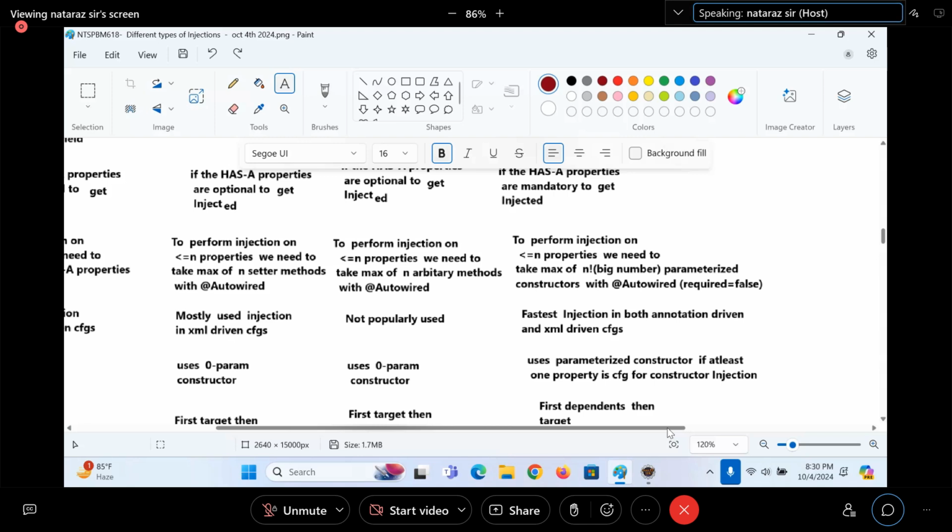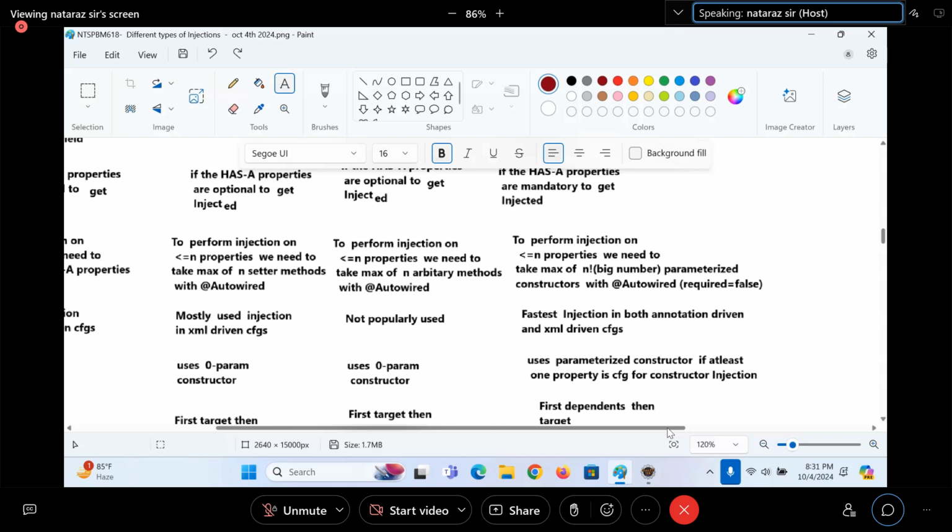If I count the permutations and combinations, it is going to be 4 factorial, which is 4 into 3 into 2 into 1, total 24. So 24 constructors.